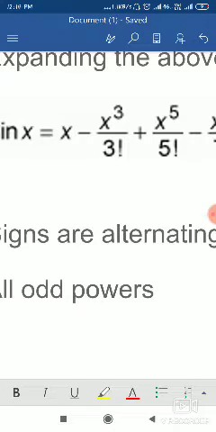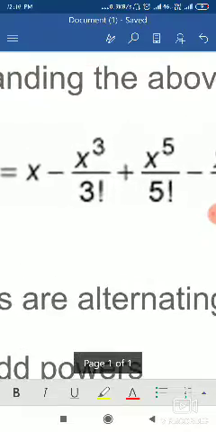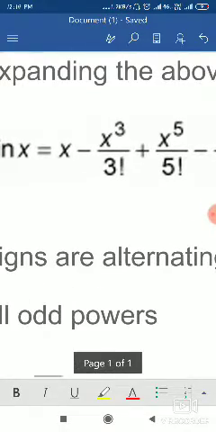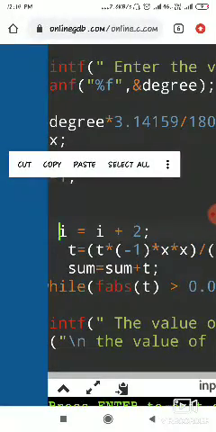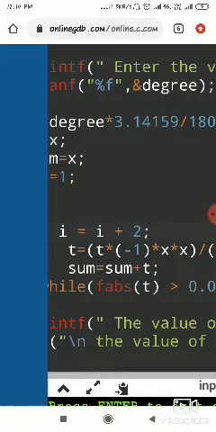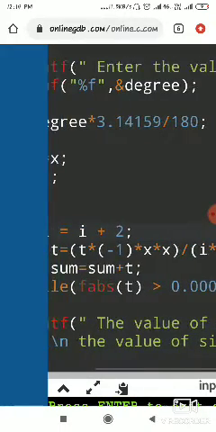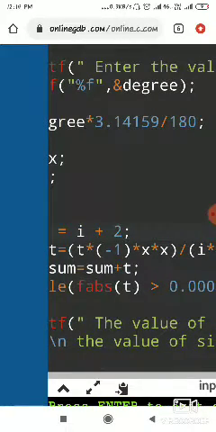Now think about the power, it is multiplied by 2 powers extra. Here it is x raised to power 3, next term is x raised to power 5, next term is x to the power 7. So every iteration it is multiplied with the x squared value. Same logic I applied over here. See, it is very important. What I have done, t into minus 1 is simply giving you the sign which is alternate.